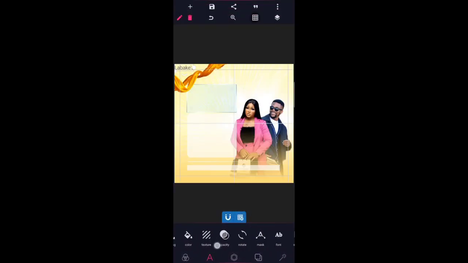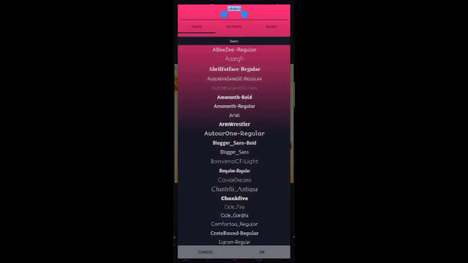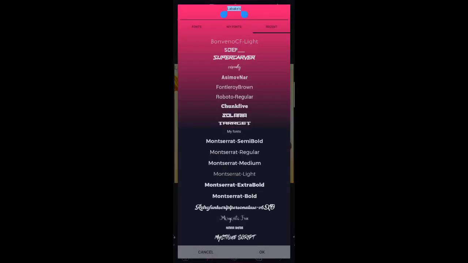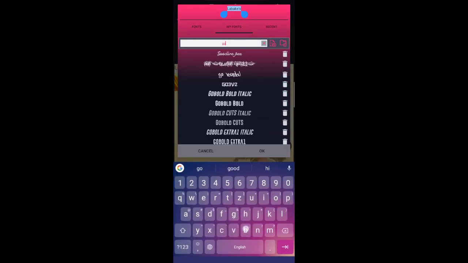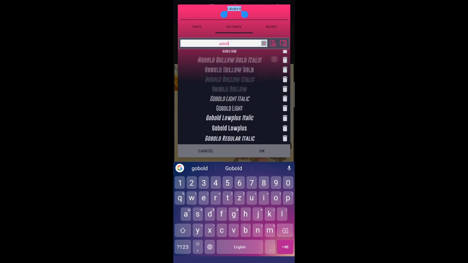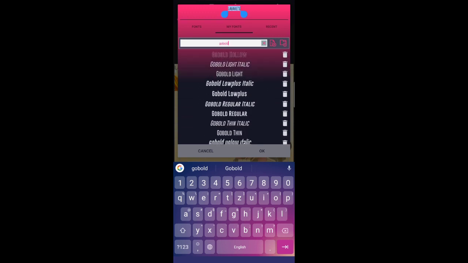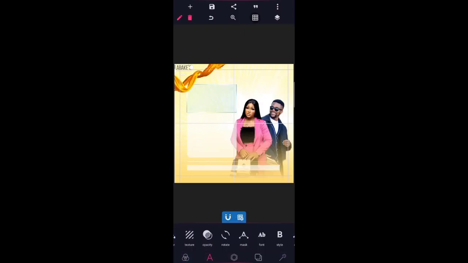We're going to be using some fonts here, a font called Go Bold. Then we're going to be using Go Bold Light. Then all you need to do is increase it. Increase your Labake. Alright, we're using Go Bold and